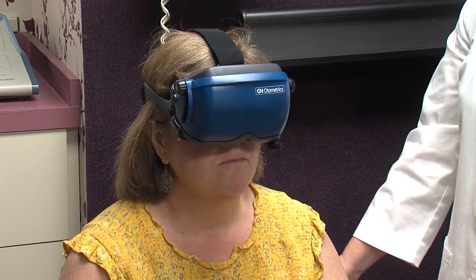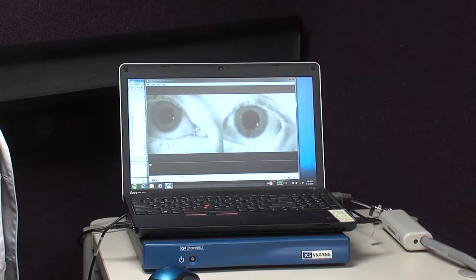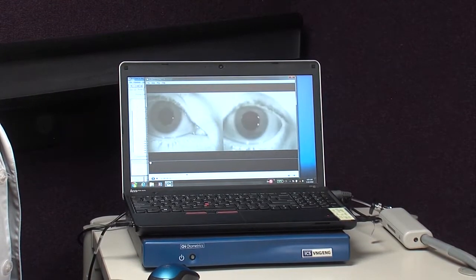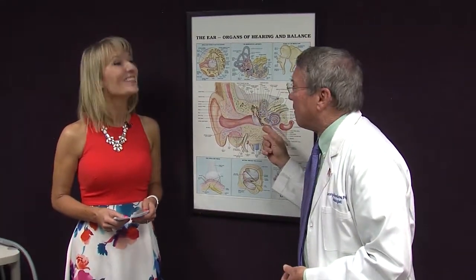So a variety of test batteries can be done to determine whether or not the dizziness, the vertigo are related to the inner ear, or a more serious issue being related to the central nervous system. Falls are the number one cause for death in senior citizens. So it's something that you have to take seriously. People who have hearing loss are 3 times more likely to have balance issues than people that have normal hearing. So we know there are some inner workings, some inner relationships between the apartment A and apartment B of the inner ear duplex. So if you're having problems like this, you need to check with your family physician.